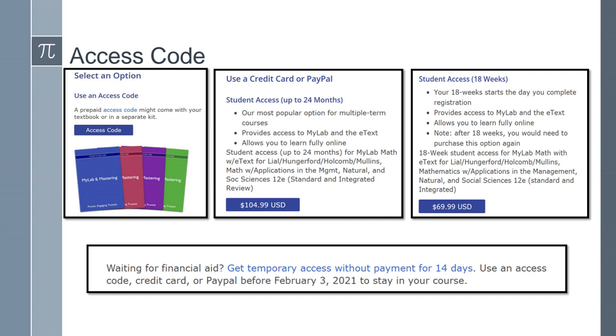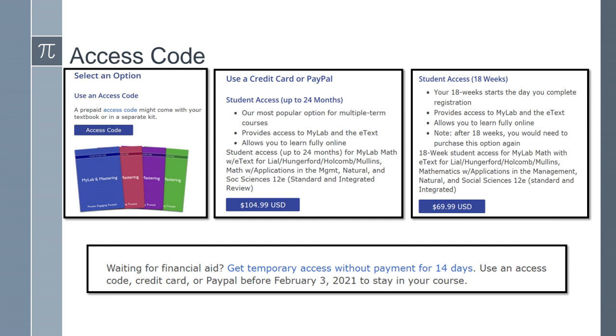Okay, so you'll have to log on to your EPCC Blackboard course page. On your Blackboard course page, you're going to find an icon when you click on your class. Let's say 1324. When you click on your class, you're going to find a link that says Barnes and Noble on there. You're going to click on it. When you click on the Barnes and Noble link, it's going to give you a message saying this is your access code. What do you want to do?